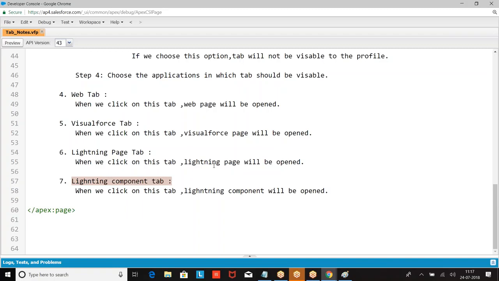Okay. Now the question is, when you are adding a tab to an application, some default options will be enabled for you, boss. Whenever a new tab is added to an application, some default options will be given to you. What are they? Look at this.